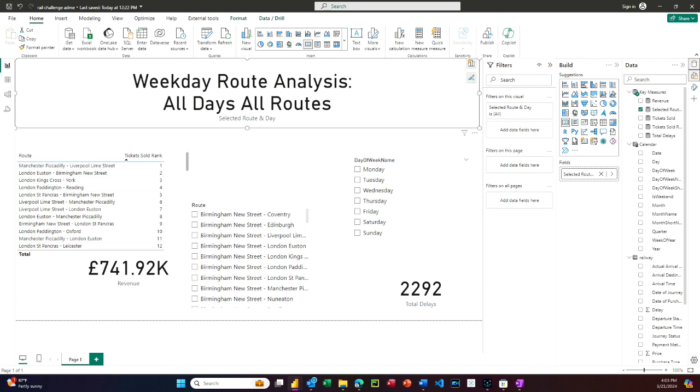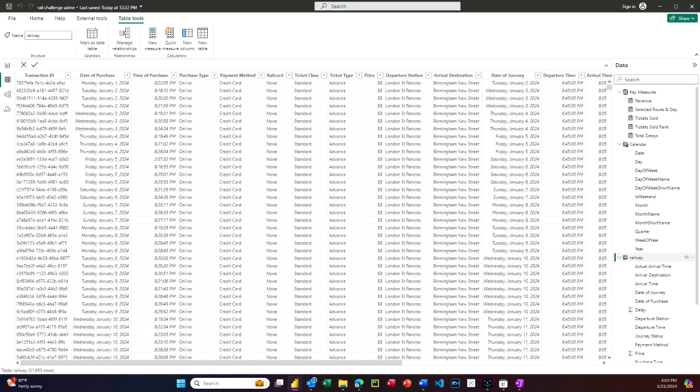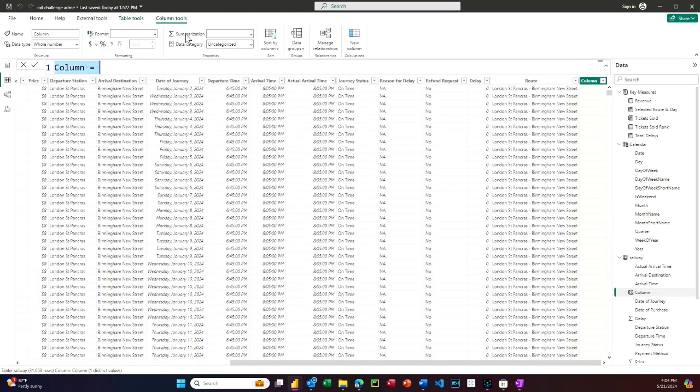Okay. Now we wanted to do a peak traffic analysis. That one's kind of an easy one. Go to table view, railway table. You do a new column. And we use a rounding function on the time. I'm just going to use departure time right now. So I call this departure floor. Departure floor equals